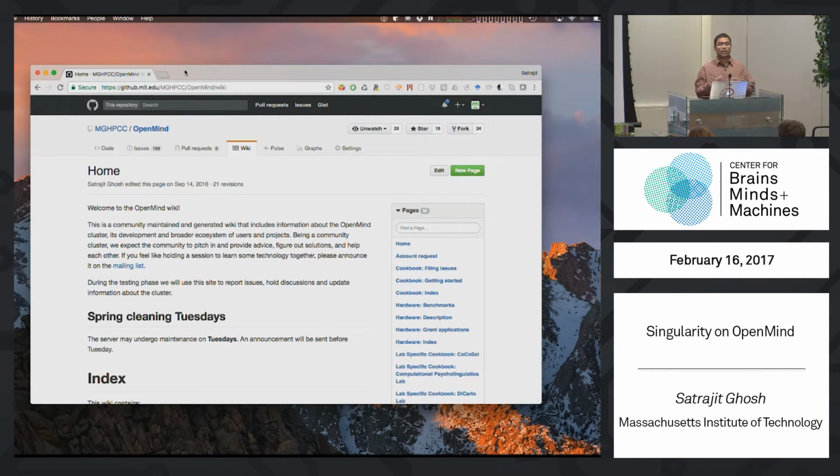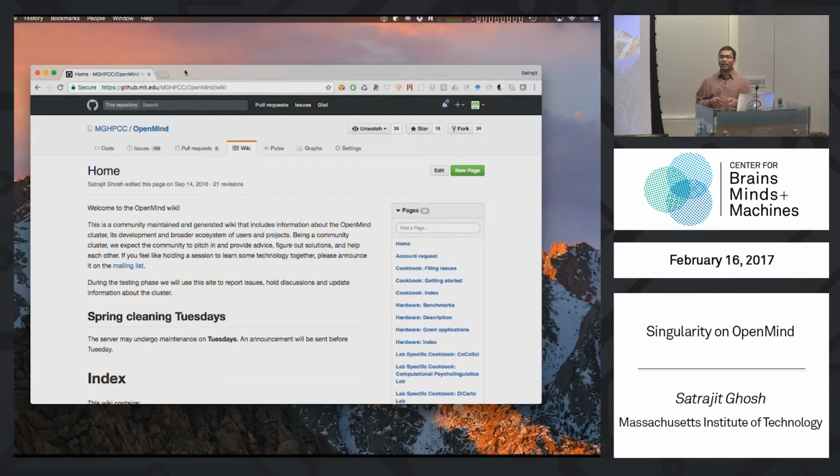I'm going to start off with just a couple of additional things about OpenMind. We do everything through github.mit.edu, where also sits the OpenMind wiki. And talking of what Todd